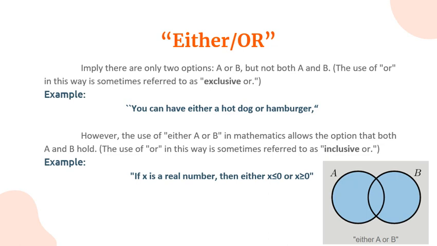ra ang appeal. Okay? So for example, in mathematics, the statement if x is a real number, then either x is less than or equal to 0, or x is greater than or equal to 0. This allows the possibility that x satisfies both the given option kani siya. So x ko no satisfies both x is lesser or equal to 0. So makita na to nga kanida si x